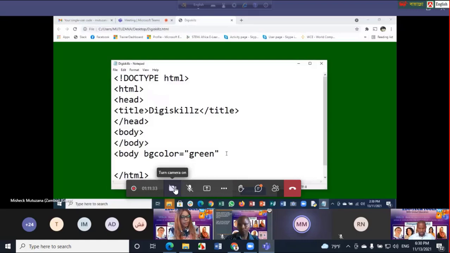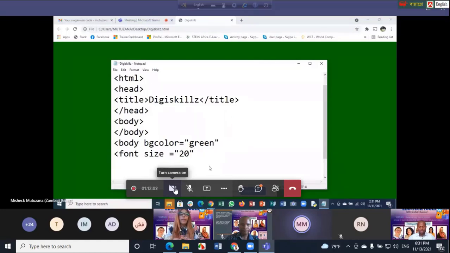I want to give it the name. Maybe I'll also give it the font size. Now I want to create the name of what is going to appear on the screen. Font size, maybe let's say again, double quotes. Let me put it maybe, let's say size 20. All right, that's the font size of that. Then now, I can type everything in the same line, but just for the sake of readability, I will separate it.